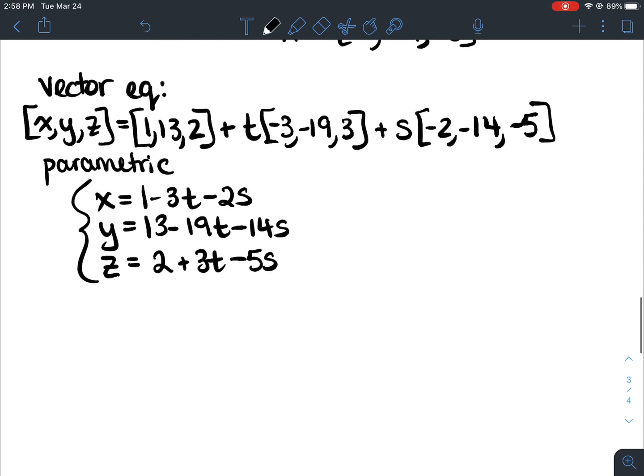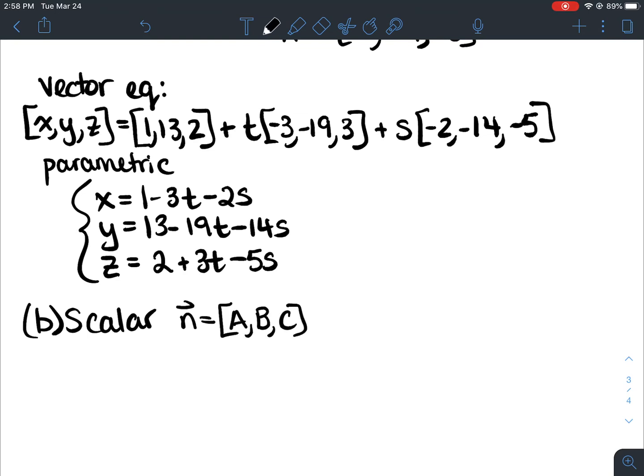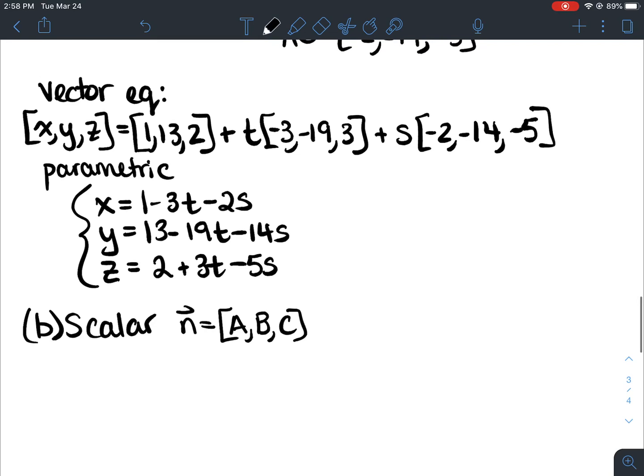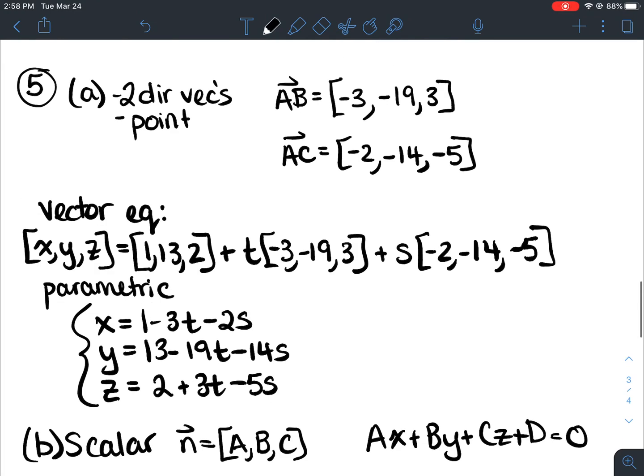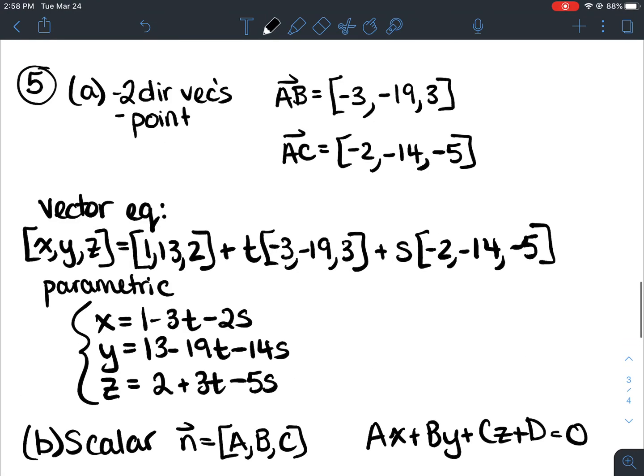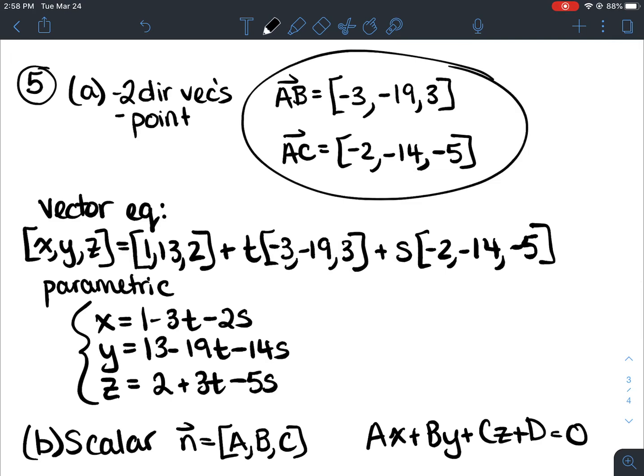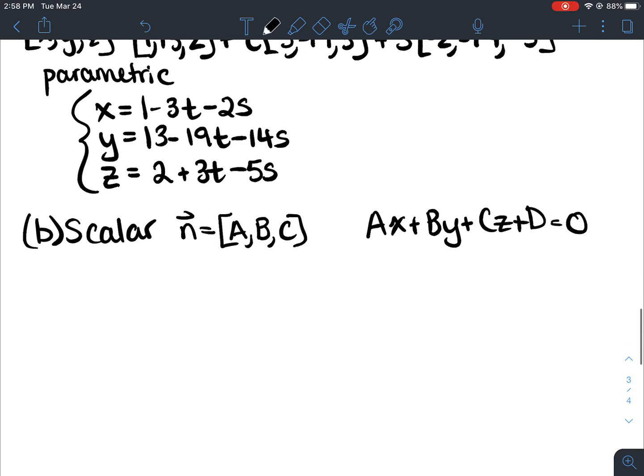Then for part B, it says to write the scalar equation. So I know that when I write the scalar equation of a plane, I need the normal vector because that will give me the coefficients A, B, and C for my scalar equation. Remember, scalar equations are in the form ax plus by plus cz plus d equals 0. So I'm going to take my 2 direction vectors that I used, and I'm going to do the cross product in order to get the normal vector. So when I do the cross product, so like the ijk thing,